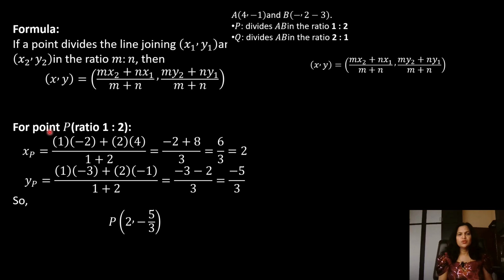1 is to 2. So using the formula, xp equal to x coordinate. M is 1 and n is 2 here. M equal to 1, n equal to 2. Okay. Then this is